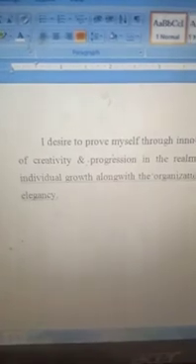So how can we delete? I have moved my cursor. If I want to delete that R, then I place the cursor and I have a backspace key, and this is the delete key. Backspace key, this is the backspace key, and delete key. So if I want to delete the R, I have to press the backspace key. And if I want to delete the E, then I have to press the delete key. That E will be deleted. This is the way you can delete a single character.